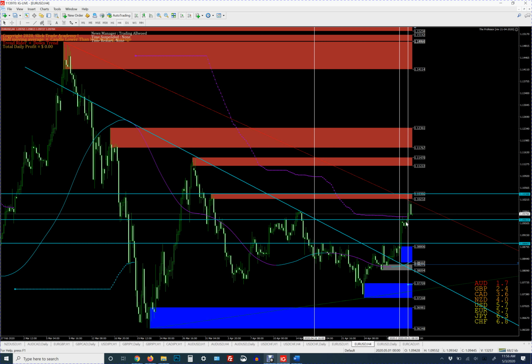So if price breaks below this level and the candle body itself holds below, then I will be looking at this next defined range, okay? Or our previous defined range, technically. So if price breaks above our supply zone here and that candle body holds, then I'll be looking at long